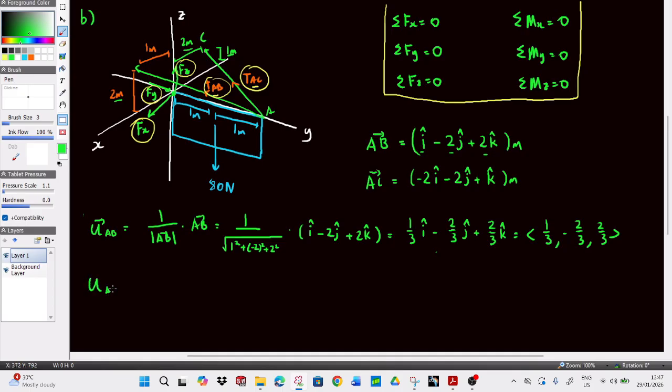Similarly for UAC, it's simply 1 over the magnitude of AC